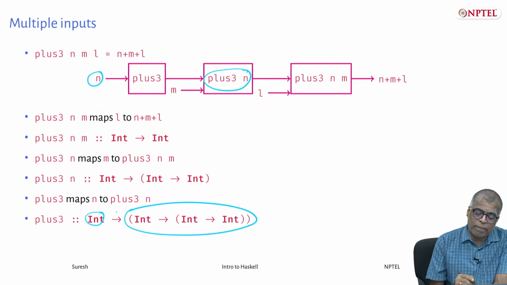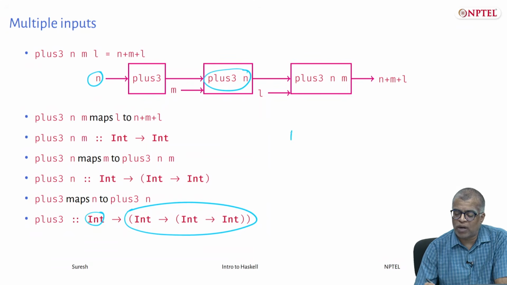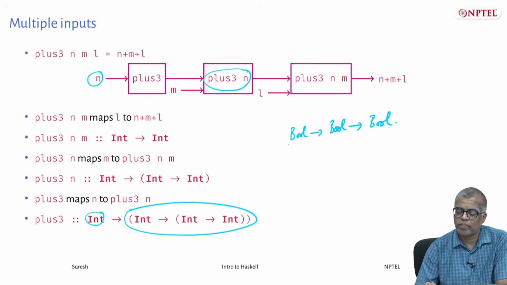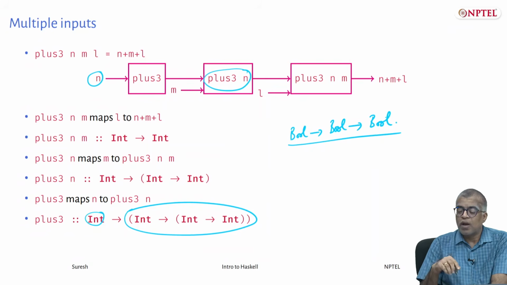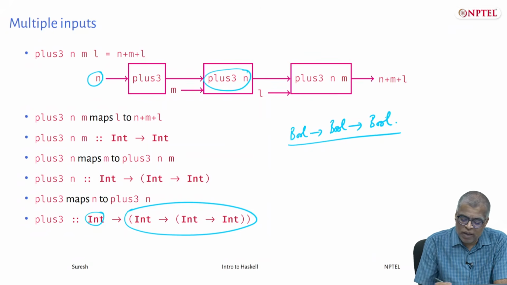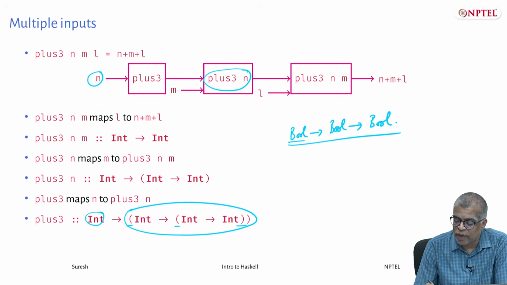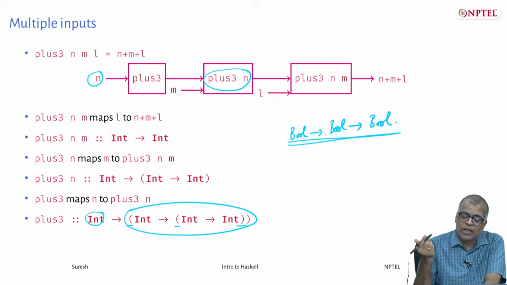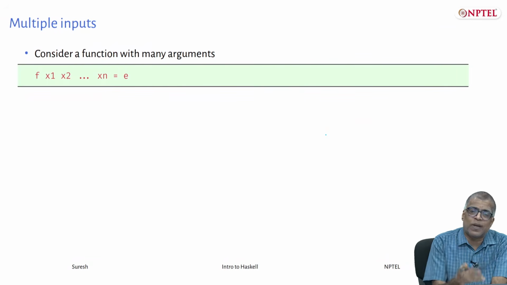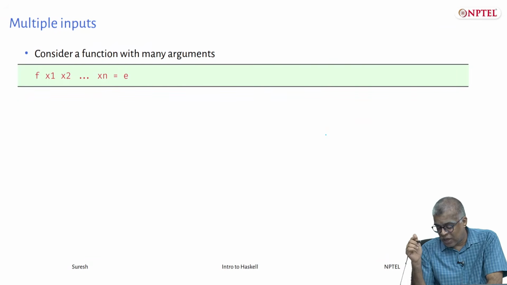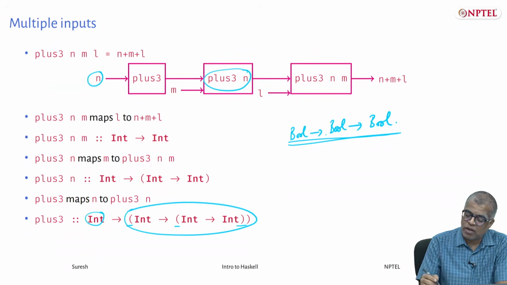So, this is why in Haskell you write all the input types like this and put the output type there. But wait, where are the parentheses, right? Because here I had int arrow int. There are these sets of parentheses, whereas here there were no parentheses, right? So, how to explain that? Right, we will explain that in a minute. The point is that Haskell automatically supplies those parentheses, okay.